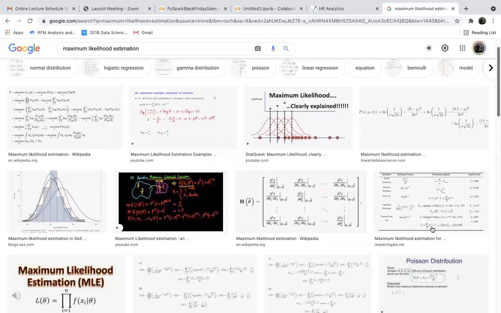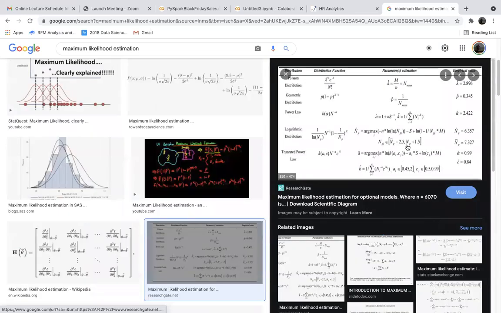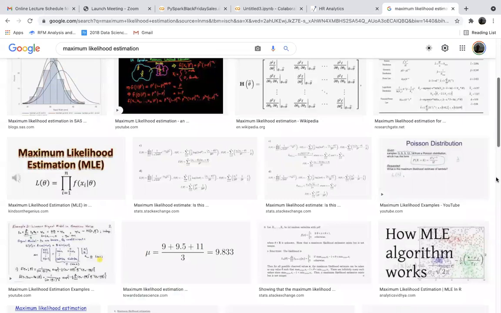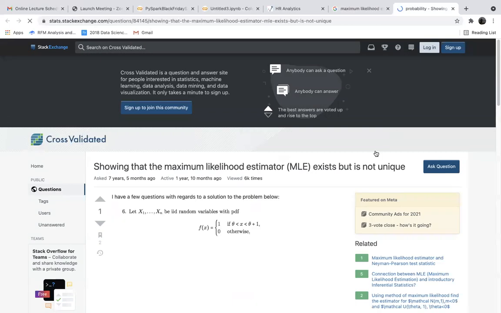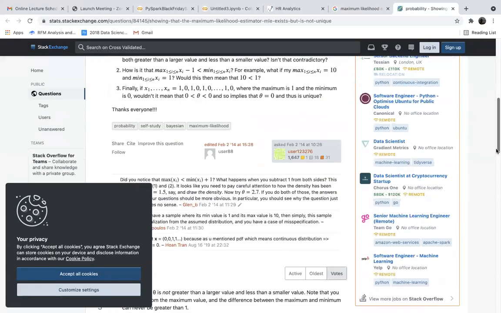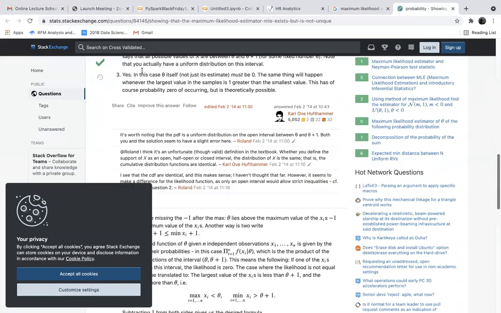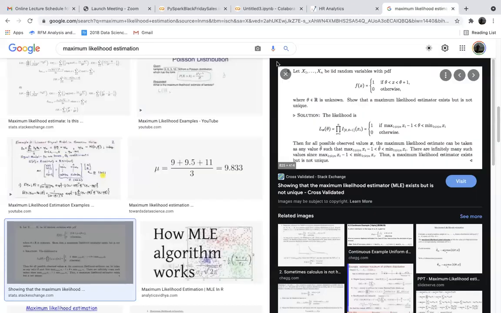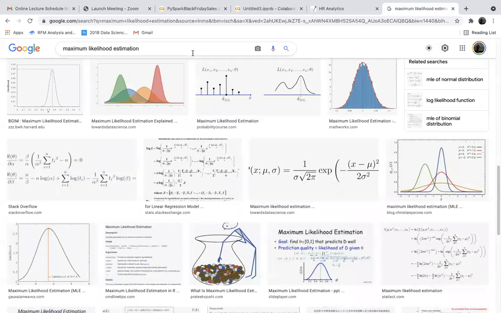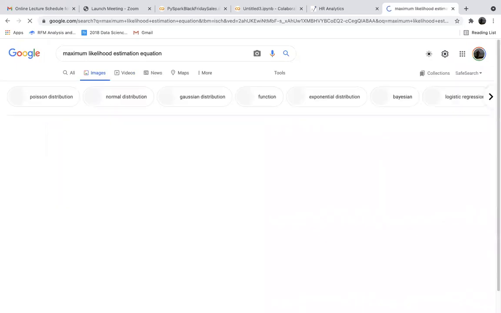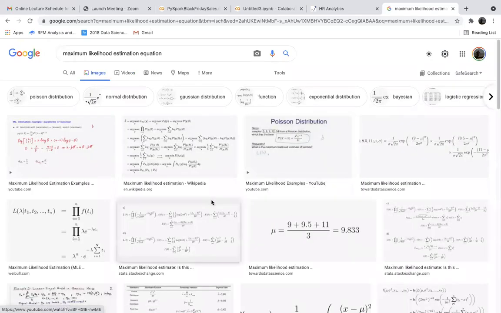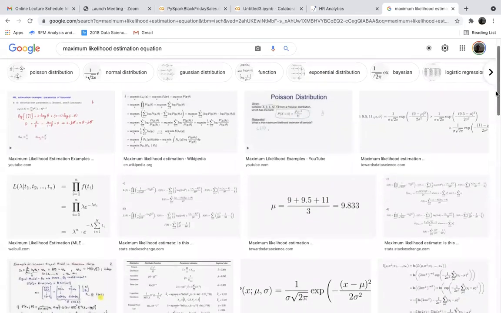What is that maximum likelihood estimate equation, which is easy to interpret and understand?